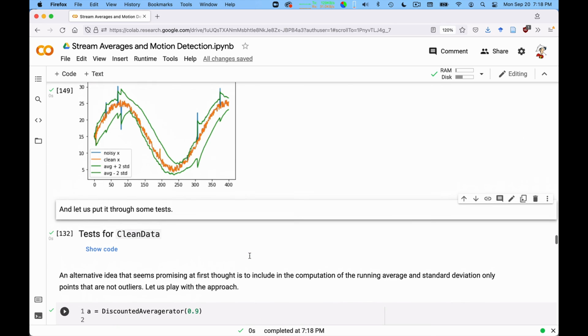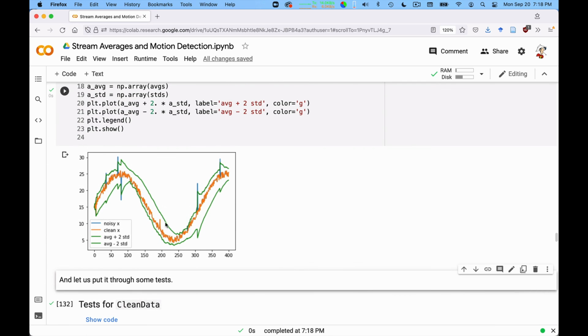And now if you look at these, an alternative idea would be the following. Look at the standard deviation. Whenever there is an outlier, the standard deviation increases by a lot. Of course, right? Because the standard deviation measures how noisy the data is, and the outlier is actually fed into the average or as part of the data itself.